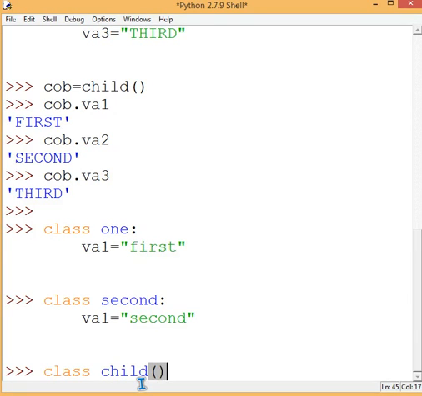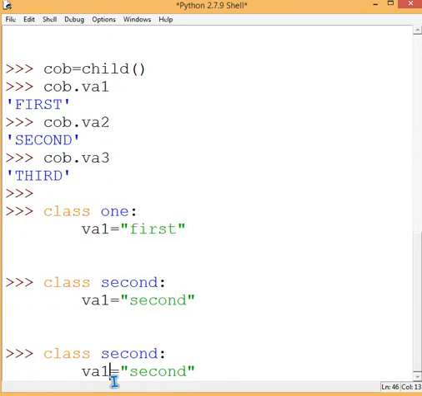What I'm going to do is important, so you have to pay attention. Class 1, class 2, that is the second class. Now this class has inherited the properties of this one also, and this one also. Again, I have made a mistake. This is va, it should be va2. Let us make it again, no problem with that. Make it va2.